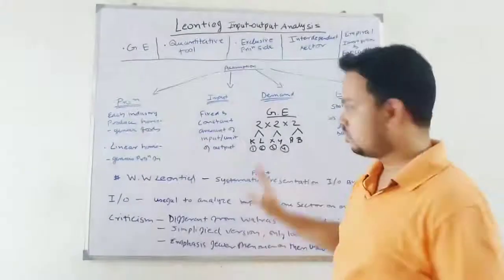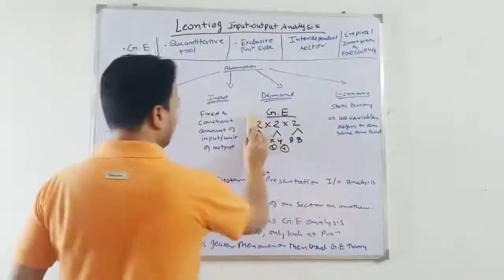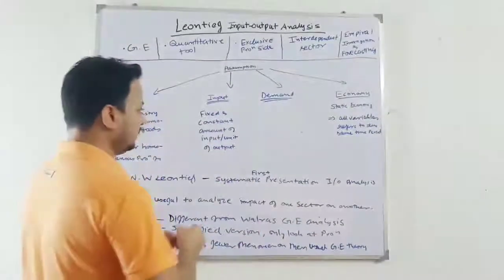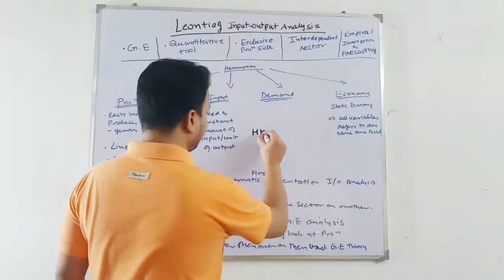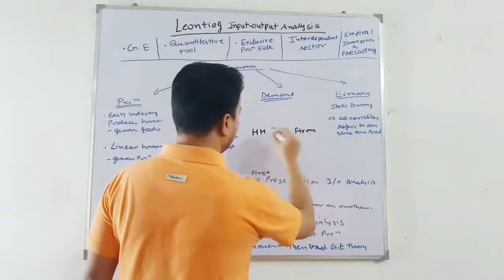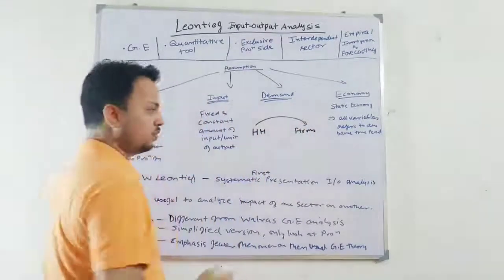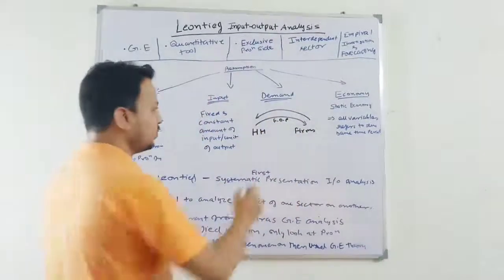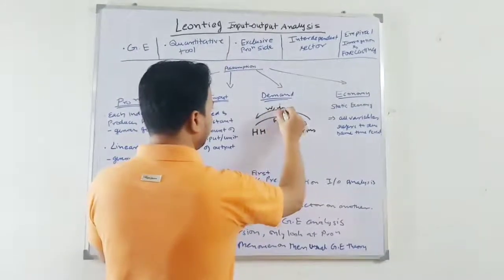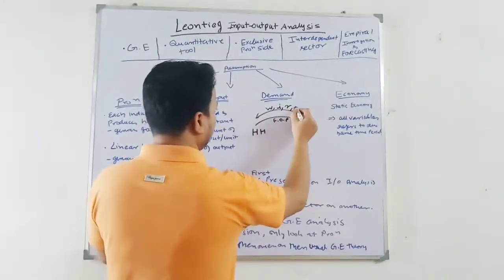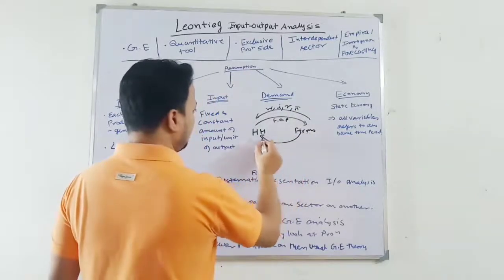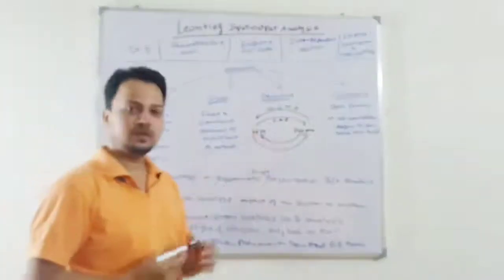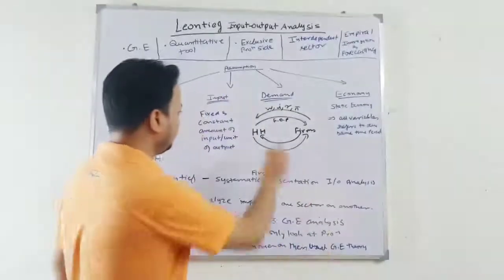Those who have not done general equilibrium analysis have done the circular flow in their introductory macroeconomics. So I am doing 2 by 2. You have households and you have firms. Households supply factors of production to firms and in return get remuneration in terms of wage, interest, rent, and profit. Whatever goods are produced are sold to the households, and households pay for those goods. So this is the general framework in the circular flow that you have done.